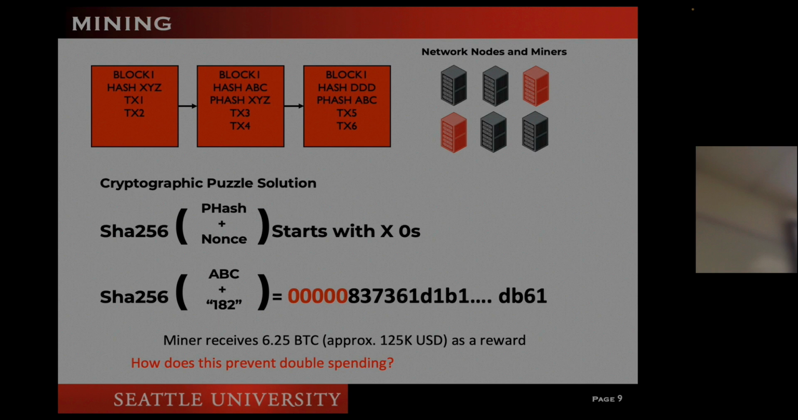So probabilistically, if you have 60% of the compute power trying to solve for one, it's going to get solved a little bit quicker. The other one's going to get solved a little bit slower. And eventually that length of chain will become apparent and they will trim the competing one. And that's not perfect because